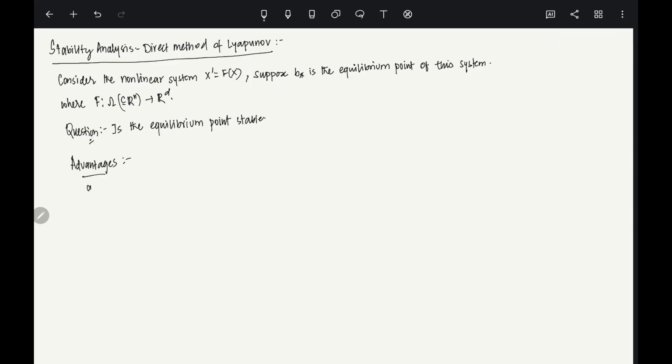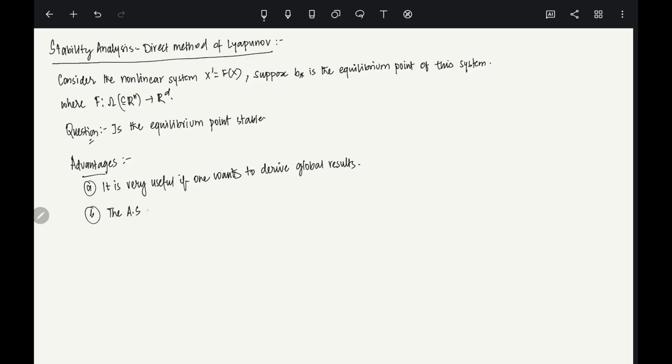First of all, this particular method is very useful if one wants to derive global results. Also, in the earlier cases, you have seen that asymptotic stability of some equilibrium depends on the eigenvalues. If an eigenvalue is 0, we really can't say anything. So here also the thing is the asymptotic stability